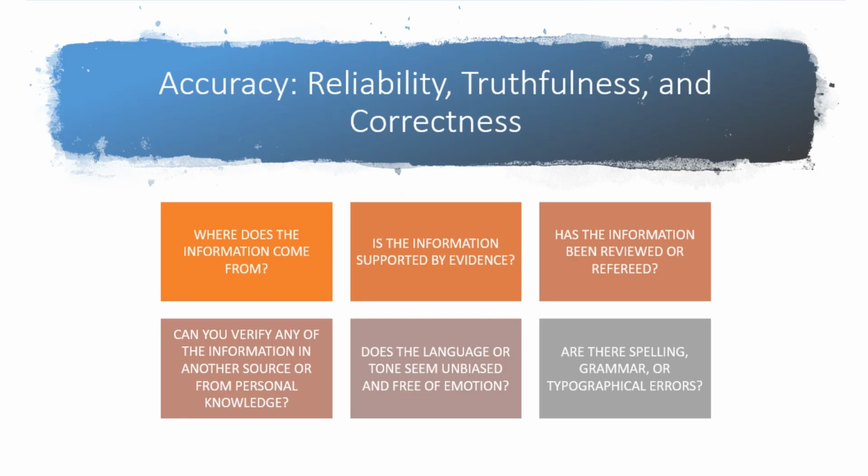The next A is accuracy. Now this is your reliability, truthfulness, and correctness. You got to look at where the information comes from and whether that information is supported by evidence. Was the evidence reviewed or refereed? You see, academic journals are reviewed